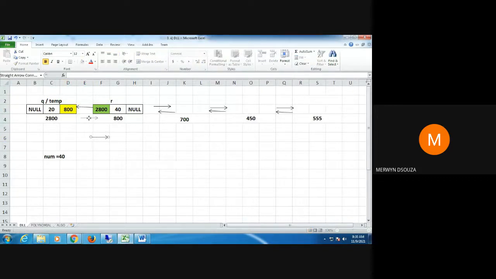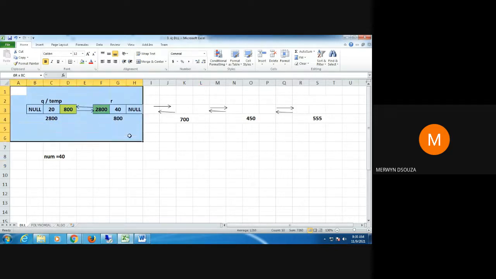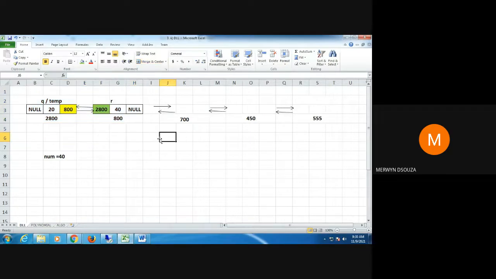So when I get 800, this link is formed from this node to this node. I can check here: these two nodes look like a doubly linked list. So now we can stop with the code for append.